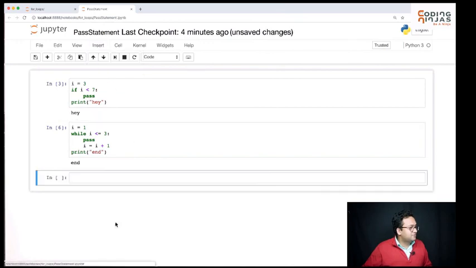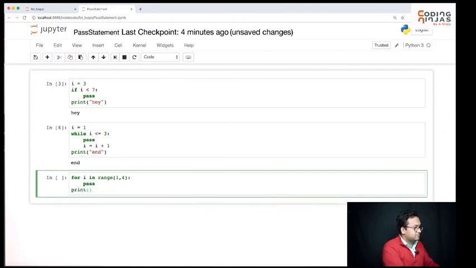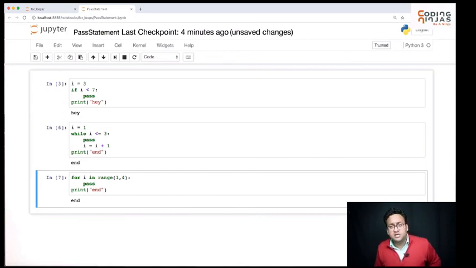Right? I think it might make a little more sense in case of for i in range 1 to 4. I don't know what I want to write here, so I'm going to pass it for now. So pass just means that this is a dummy that I want to use sometime later, that I want to write some code later on. Or if you can find some other use case, that is fine as well. It's generally used when you have to provide something for that if to work or for that for to work, then you'll just write pass there. Okay, thank you.